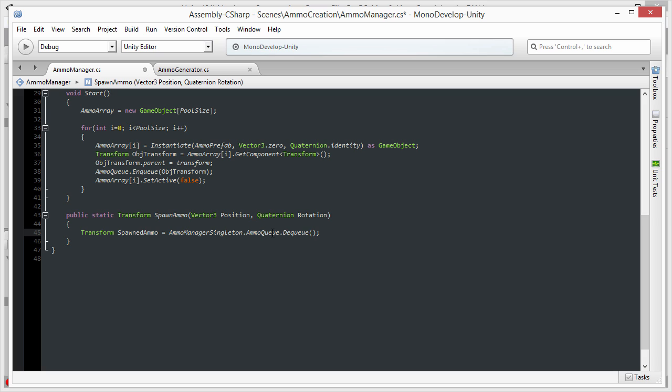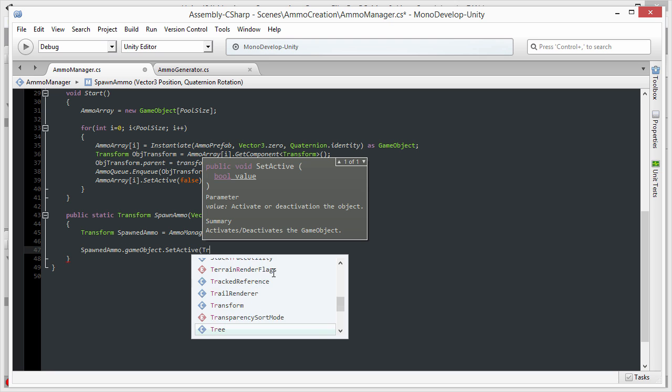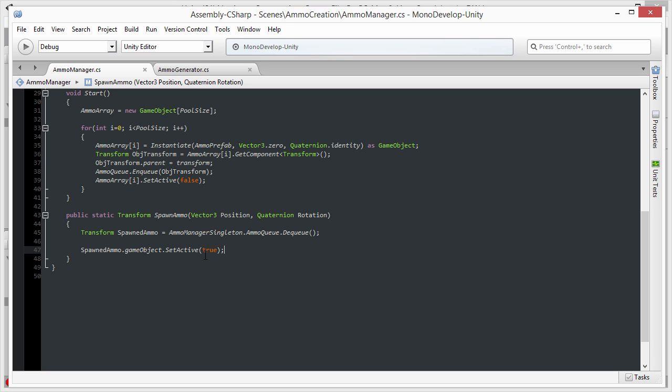Now what this does is it takes the object that is at the front of the queue, the ammo object that is, and it removes it from the queue, and a reference to the object is stored inside spawned ammo. So at this line, although we have a reference to spawned ammo, it is no longer in the queue at all. Once we've got the reference to the spawned ammo object, I want to grab the game object itself and choose set active to true. That is to enable the object and make it visible,